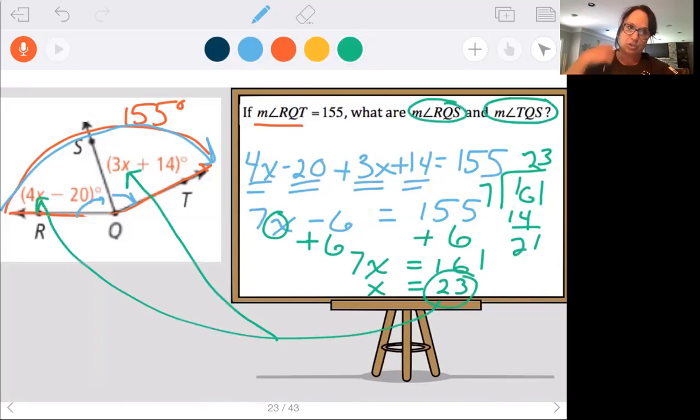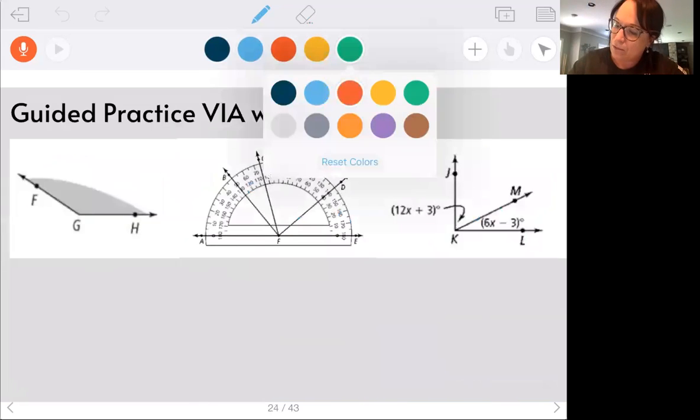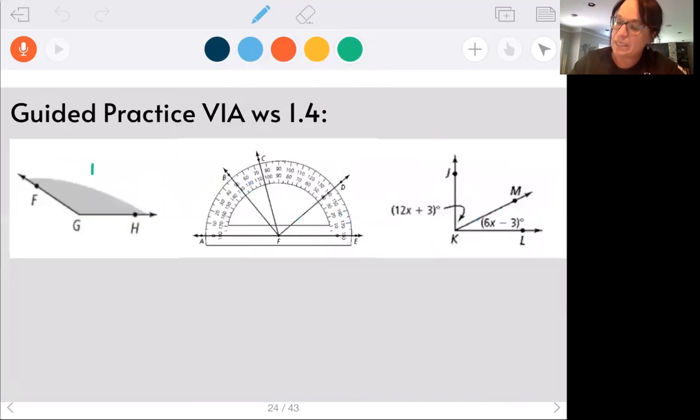And your question for your notes is going to be what those angles are, just to make sure you're staying engaged. You can use a calculator on your computer as well. So guided practice via worksheet 1.4. If you had to name this angle 3 ways, how would you name it? Okay, write that down. Again, just self-test yourself. Don't write down all these pictures. This does not have to go in your notes, but the first question would be name that 3 ways, pause